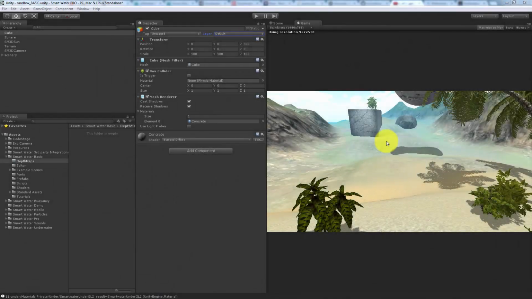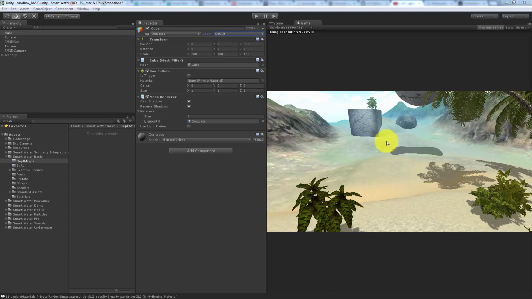Hello, I will show you how to deal with the depth map generation, which is very important in order to get a good result with a nice shoreline. Smart Water is not using the depth view camera, the depth buffer, because I like to have something pre-calculated. It's faster. It will not be possible to use the depth map for mobile, for example, if I was using the depth buffer. And also because I like to have the flexibility to tweak a little bit and fake in